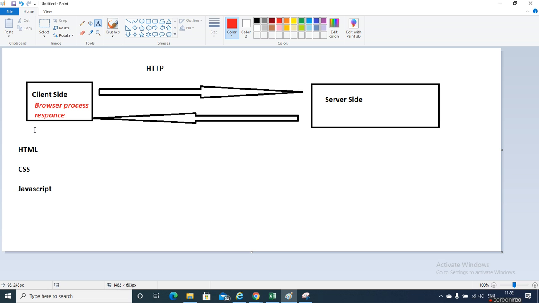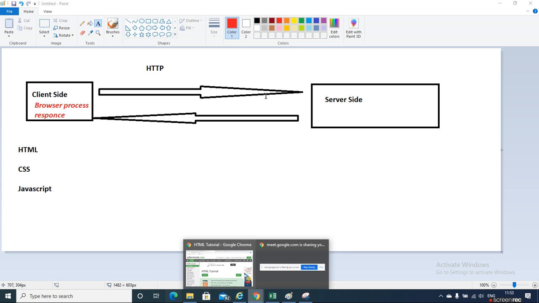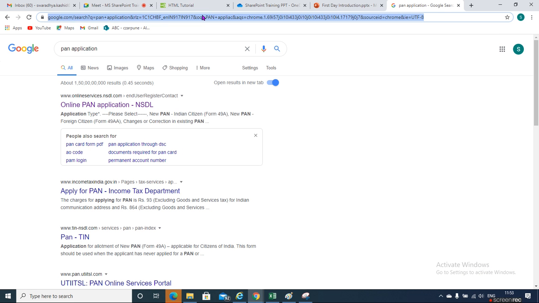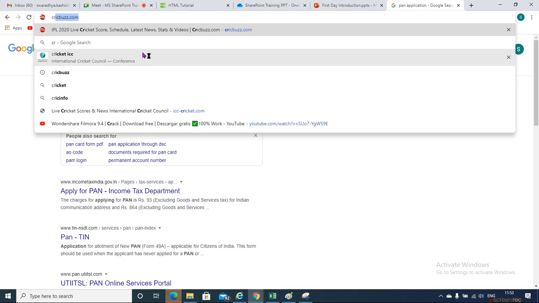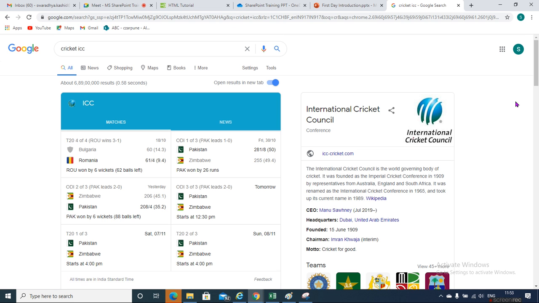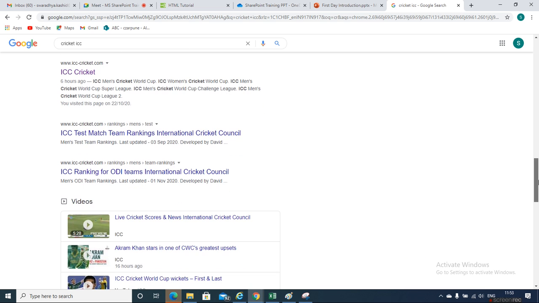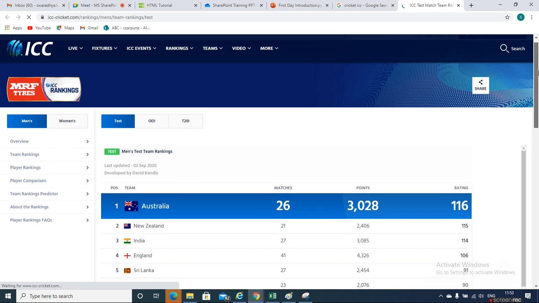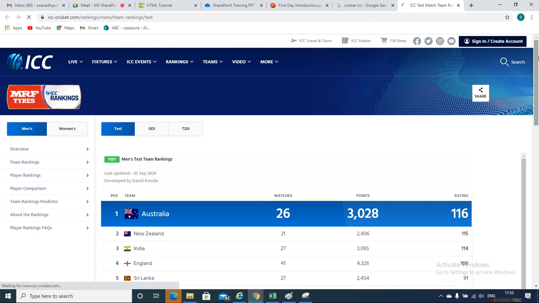One thing you should understand: as of now we are at the client side, and the client side will know only HTML, CSS and JavaScript. These three things are known to your browser. If I go in my browser, consider any website, say this website that we have been accessing from the first day, and I press F12,